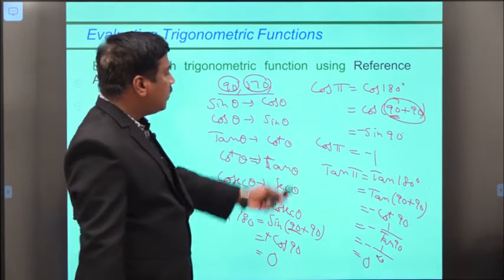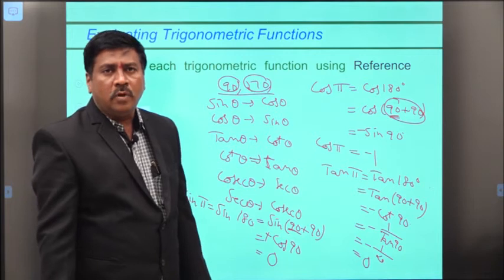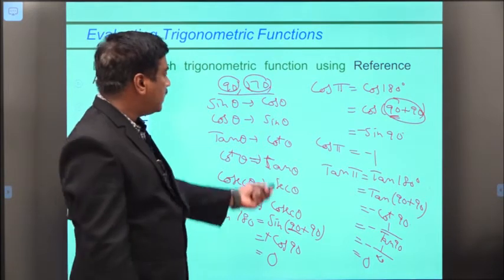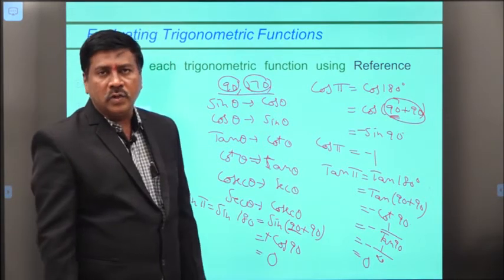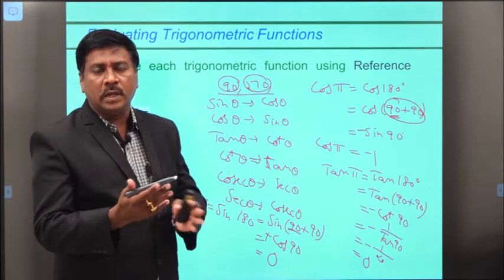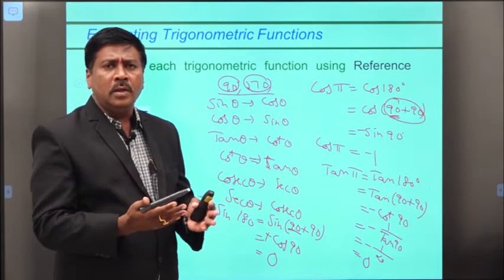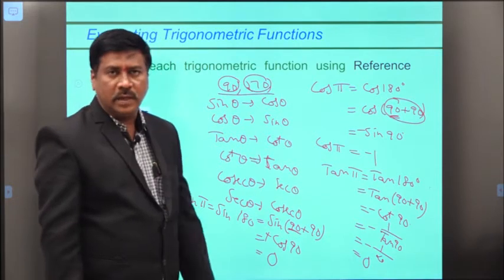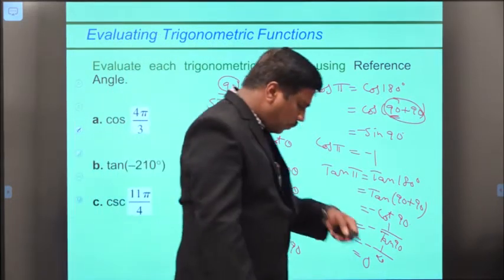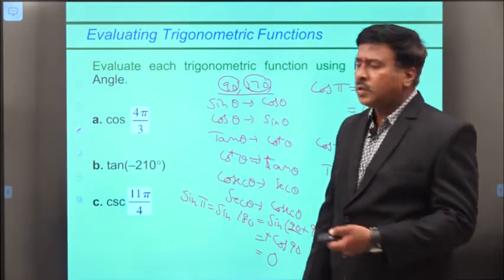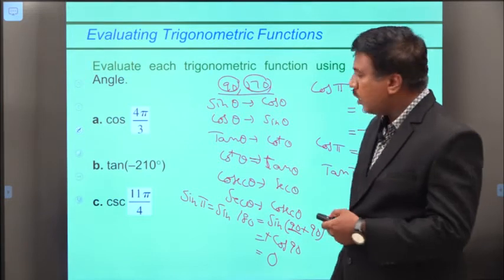Likewise, by using these principles, we are able to find all the values of the trigonometric ratios at 0 degrees, 90 degrees and 270 degrees, whatever it may be. So we have to find these values this way. You have to prefer which one is better, and choose that option.